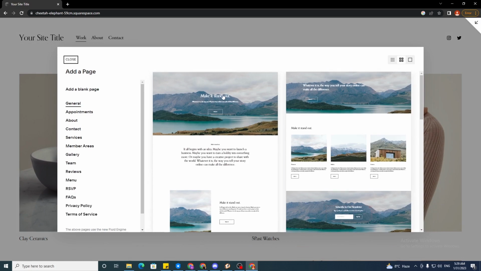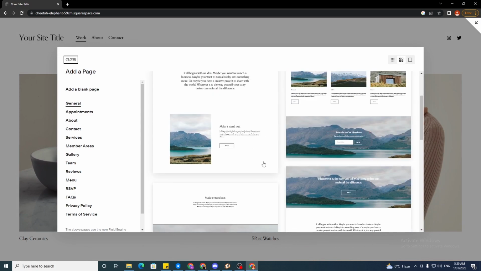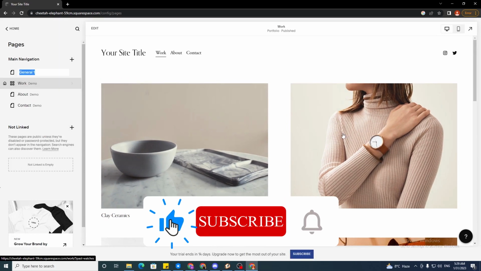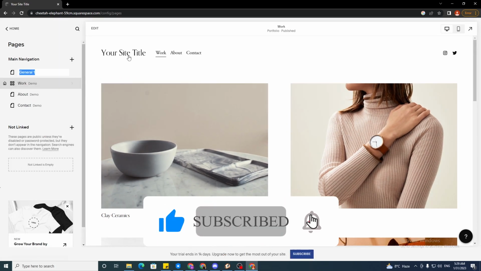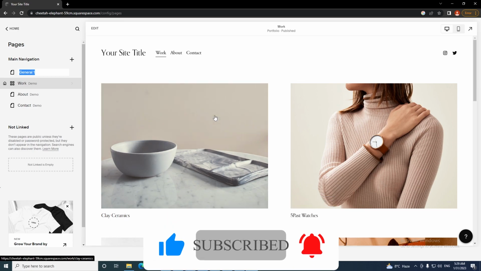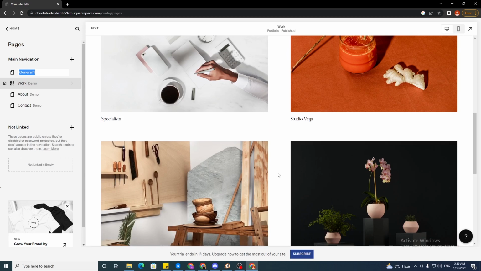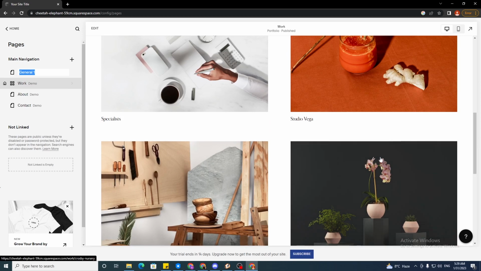Now you will see a lot of different options, a lot of different page templates. You can simply click on any one of them, and once you do that, you can also create your own title over here, and it will give you other templates over here. So these are the different official pages you can simply create for your landing page. So this is how you can create your own landing page on